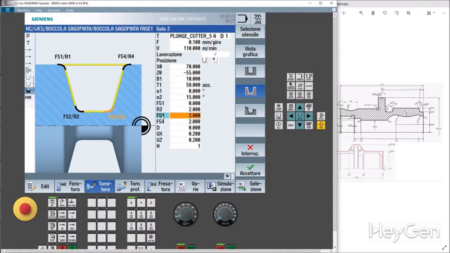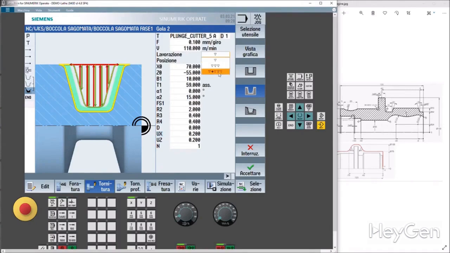of 0.4, equal to the insert. FS4. There's nothing here. Let's also put a radius of 0.4. D. Let's put 0 because we're working with a planted setup. Excess material, be careful. 0.2, 0.2. All right, but the groove,